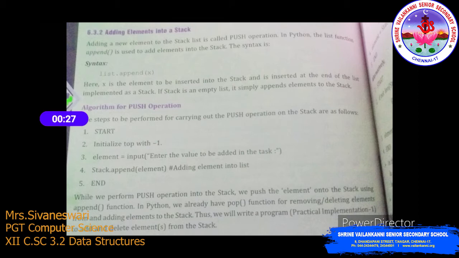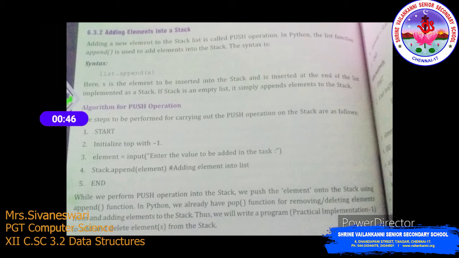So let's see the algorithm. First step, start. Second step, we check whether top is -1. Since initially stack is empty, top will be -1, because if top is equal to 0, then it implies that the first element is inserted.